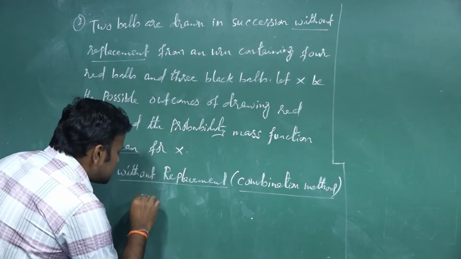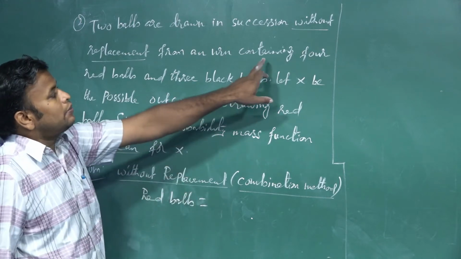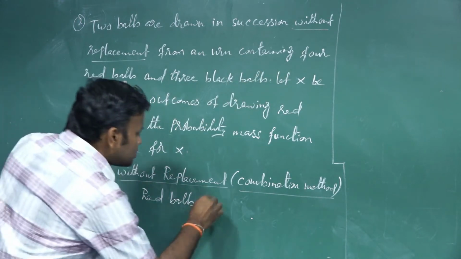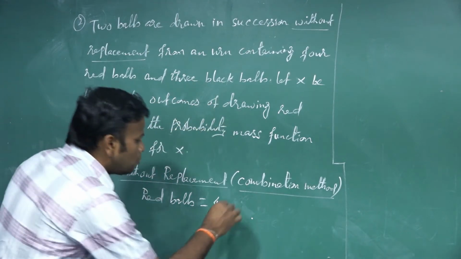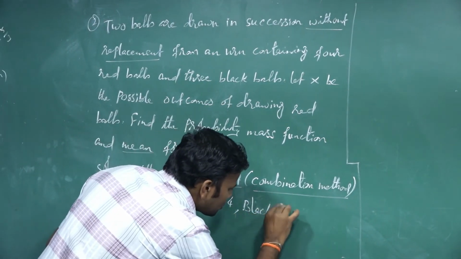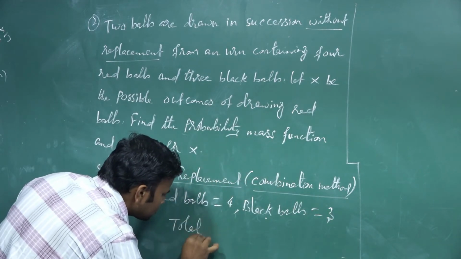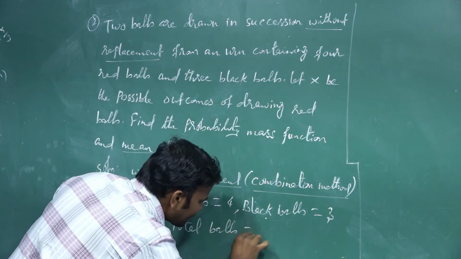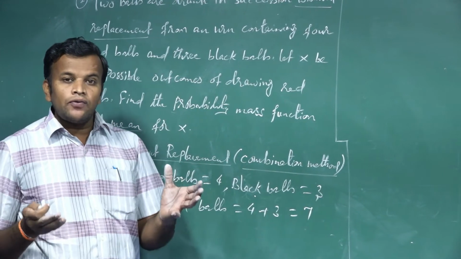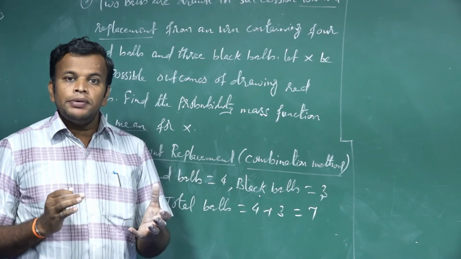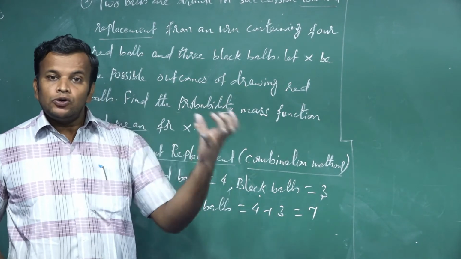First, what is the total number of red balls? The vessel contains 4 red balls. What is the total number of black balls? There are 3 black balls. What is the total number of balls? 4 plus 3 is 7. So the vessel has 7 balls in total. Now if we take out 2 balls one by one from the 7 balls,